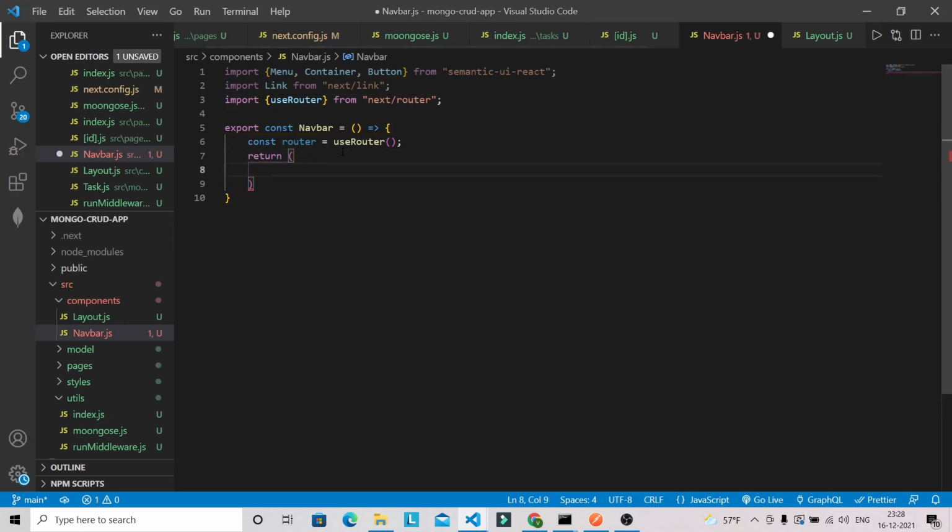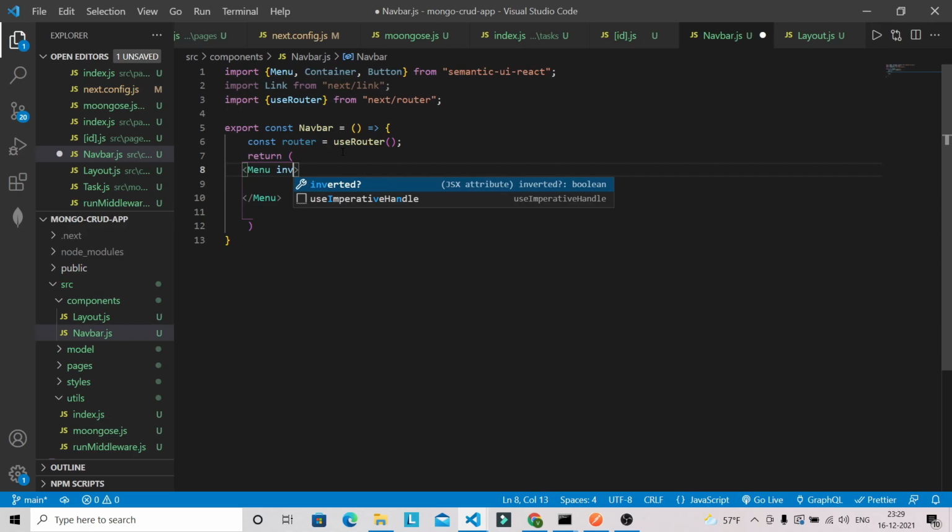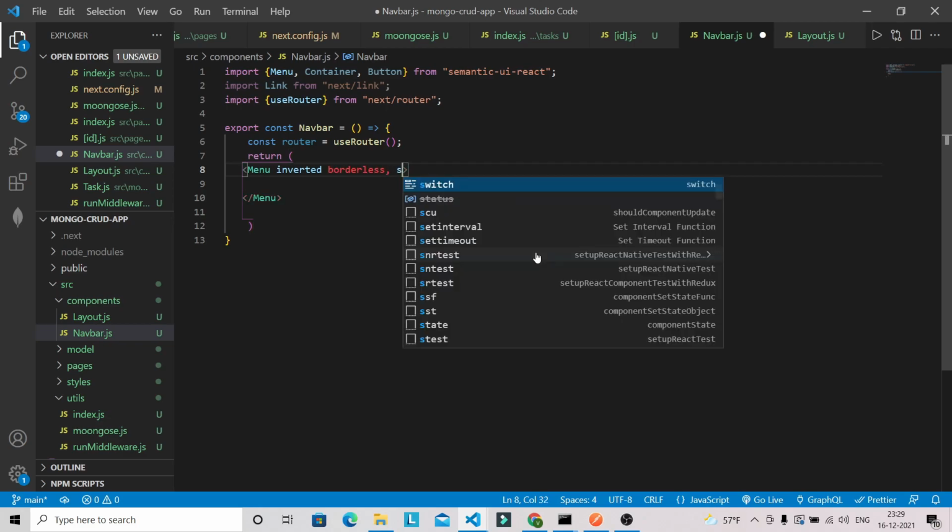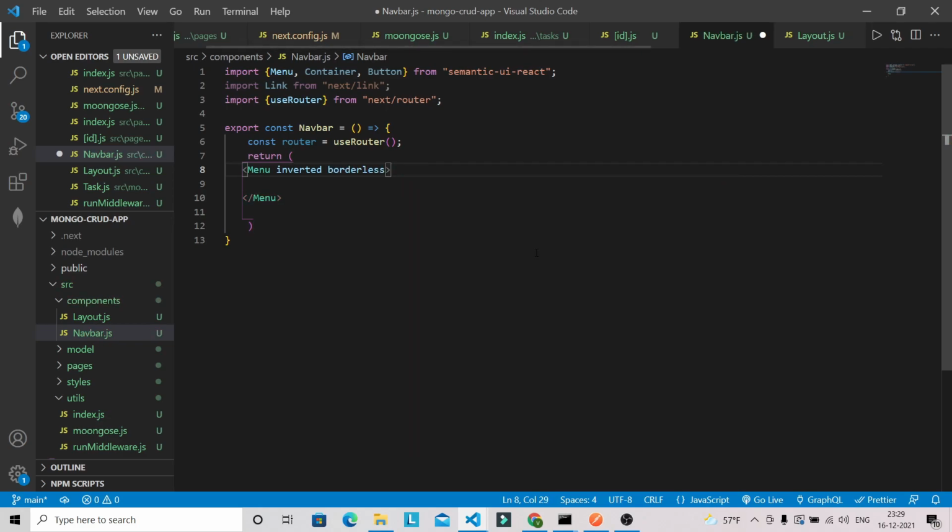Okay. And inside that we are going to use Menu. And inside Menu we are going to pass some props, that is inverted, and then we have to pass borderless, then provide the inline styling.